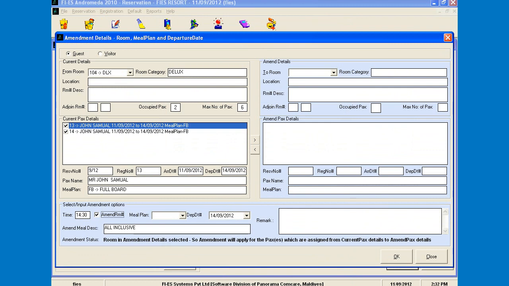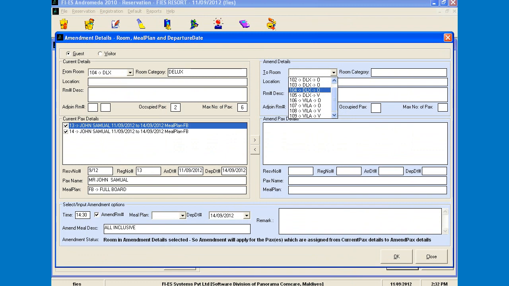Currently the front room is 104 Deluxe. The new room combo will be listing all the rooms available in that resort. You can see two statuses here, O and V. O for occupied, V for vacant. Deluxe and Villa both are listed here.